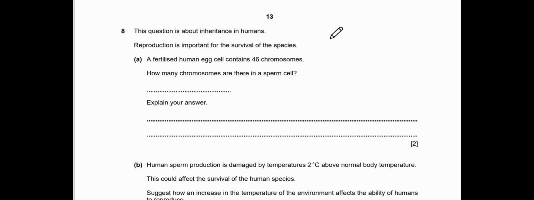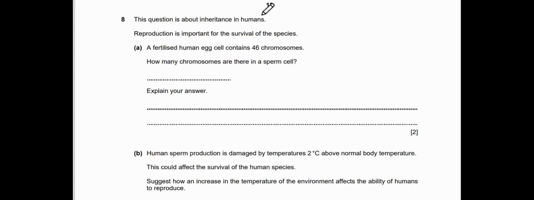Next, question 8. The question is about inheritance in humans. Reproduction is important for survival of the species. A fertilized human egg contains 46 chromosomes. How many chromosomes are there in a sperm cell? So